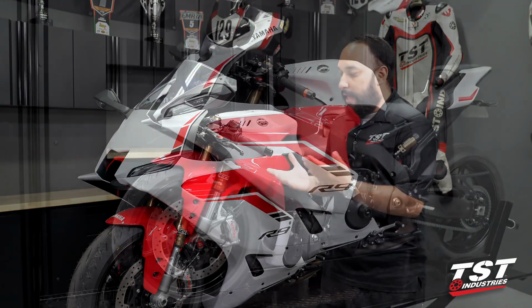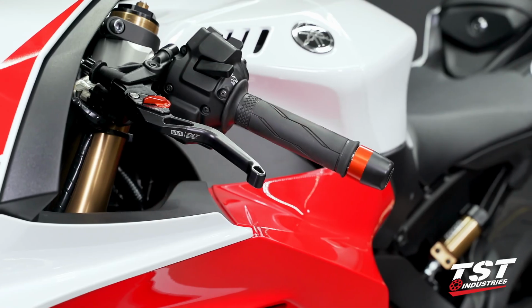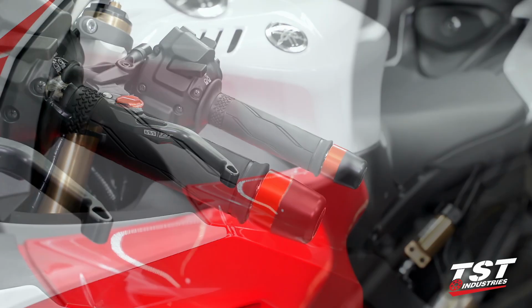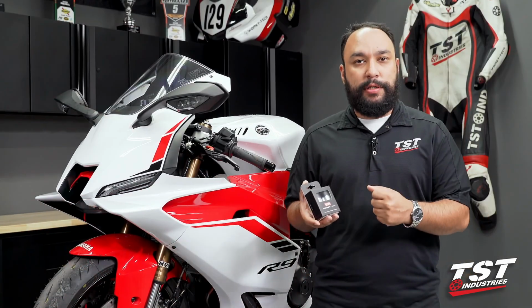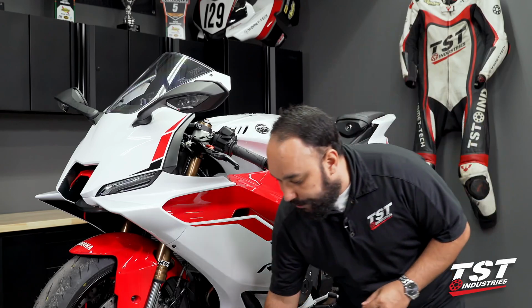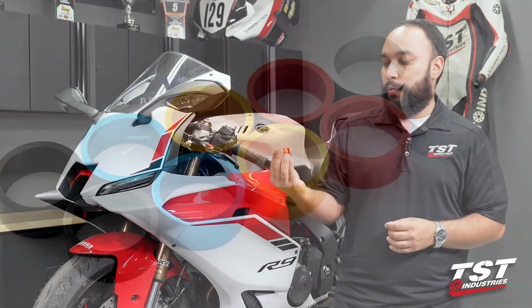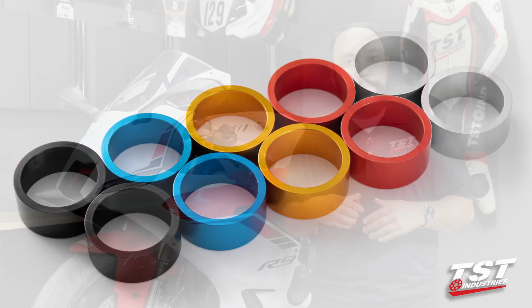And beside me, I have the all-new 2025 Yamaha YZF-R9. And in this video, I will be guiding you through the installation process of the Womet-Tech bar ends. These bar ends are CNC machined anodized aluminum with a Delrin end cap that also feature an accent ring of your choice in different colors, so you can carefully match the color scheme that you are trying to go